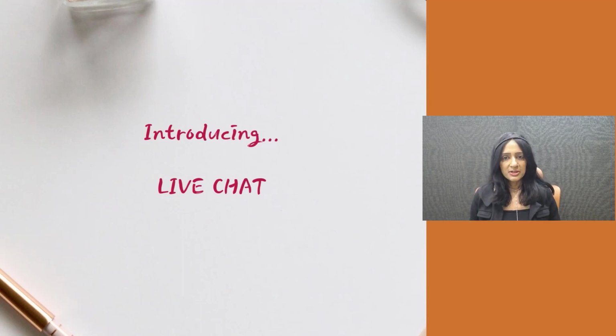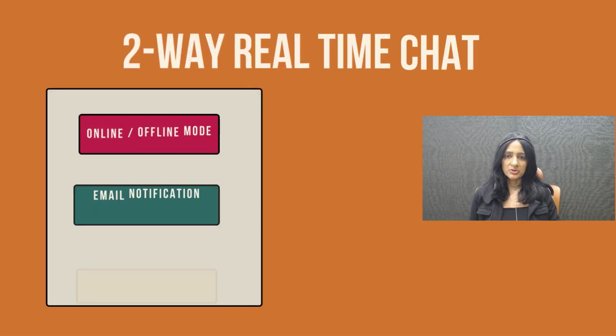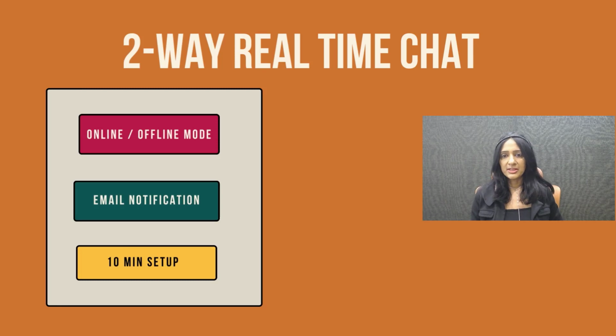And they can instantly reach out to you. And if you're online, you can instantly respond back to them. And if you're offline, you can let DAP know that you are offline, so you want to receive an email message when someone sends you a message, right? Someone sends you a chat message and you want to receive an email notification. You can do that. You can also get DAP to send your students an email notification when you respond back to them. If you're offline and you respond back to them later, you can get DAP to let your students know what the response was, and you can send them an email with your response.